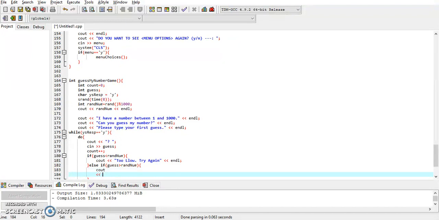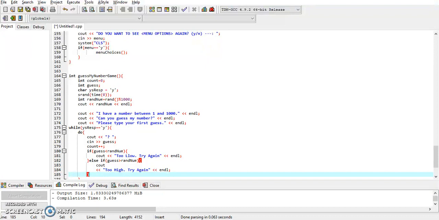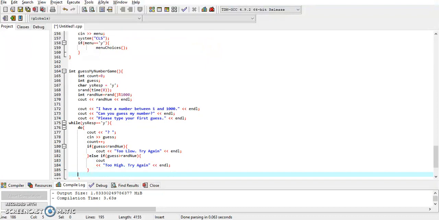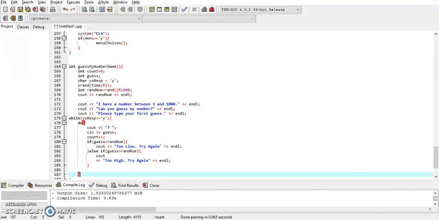So what we'll see out is too high, and tell the user to try again. So that's it. End the line, and now we'll close that. But we still have more operations to run, so we'll have another one saying while